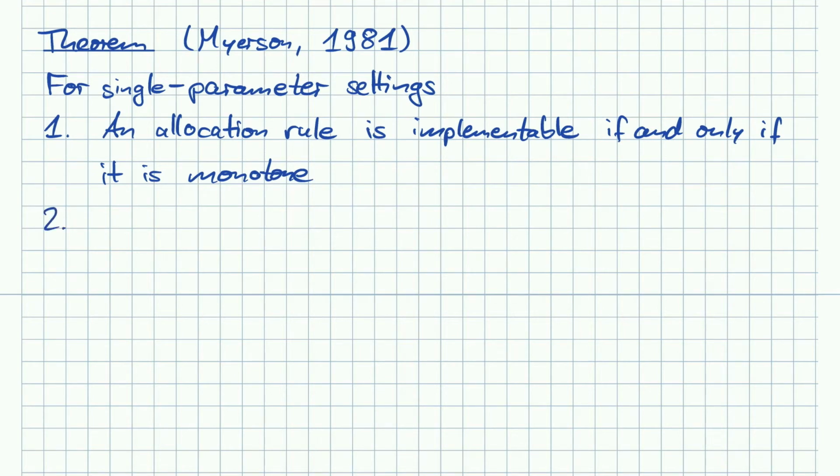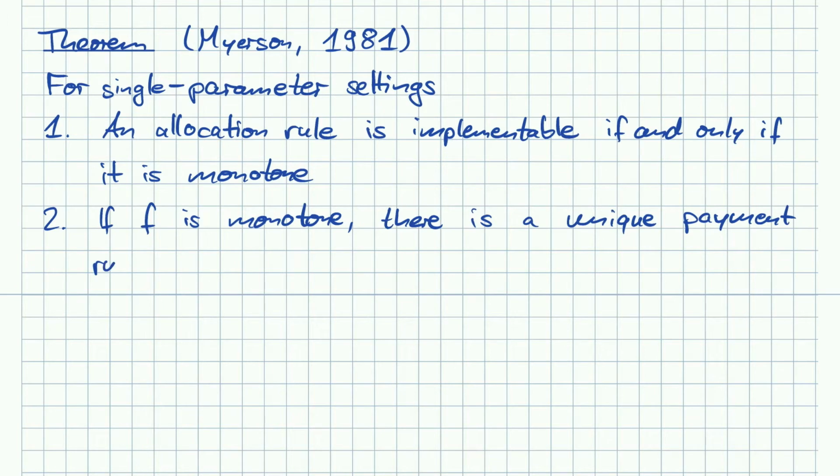The second point is that if f is monotone, there is a unique payment rule p such that (f, p) is truthful,